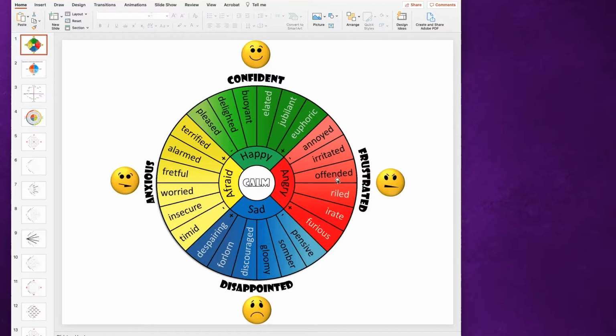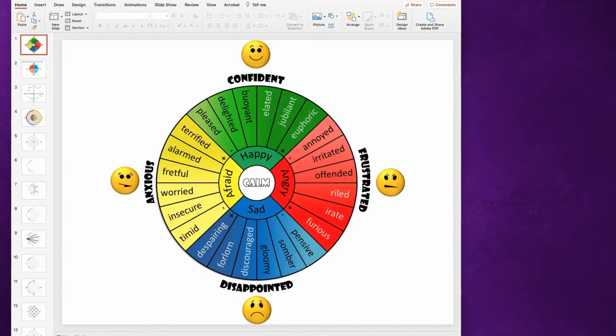So I look at this and go, interesting arrangement. Thank you for showing us some opposites, but I don't think angry and afraid are opposite of one another. Happy and sad are, but I certainly don't see that angry and afraid are opposites of one another. So whoever put this together, thank you very much, but no, not so much.